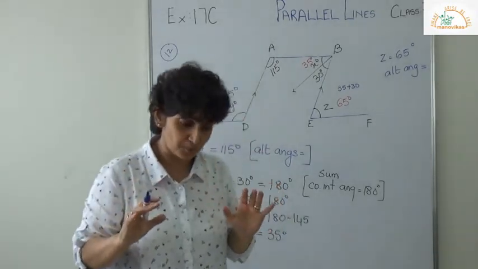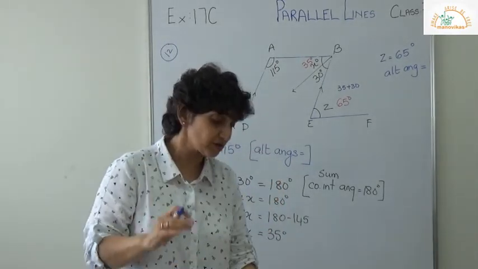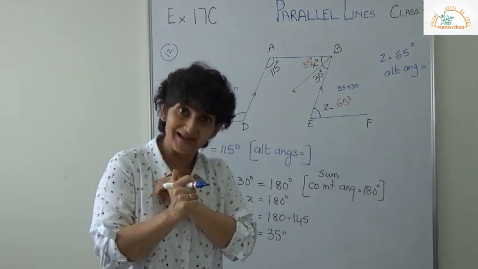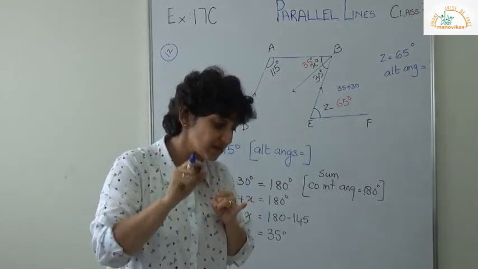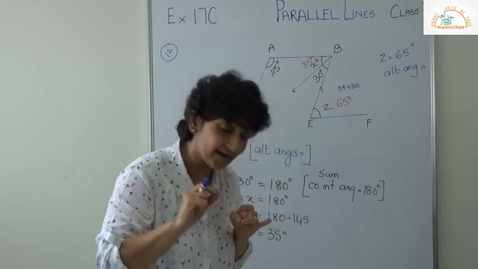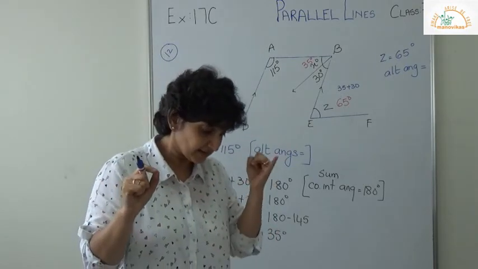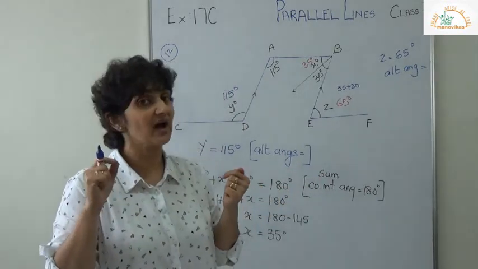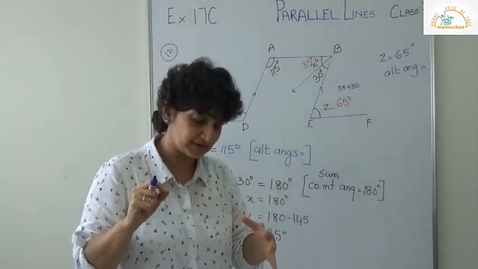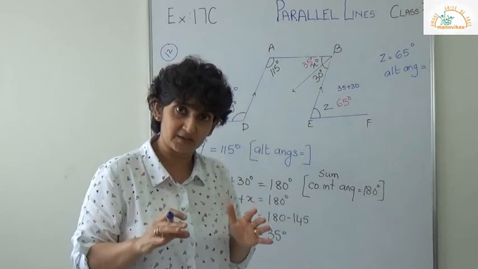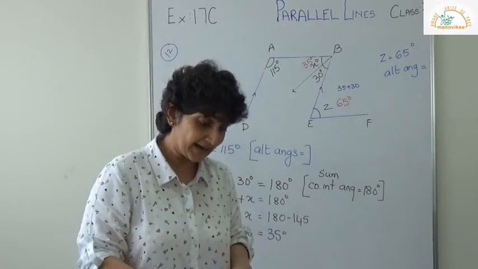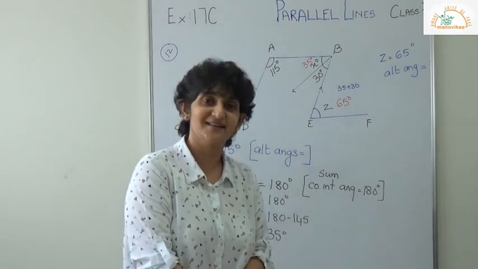Children, I will stop here. Please work out your exercise 17C. We did question 8. I have done a few sums. You will complete all from 1 to 8. Alright? Then you will complete 9, 10, 11 and 12. I have worked out these. Please work them out. If you don't understand, you can get back to me. I end up here. See you in the next class.